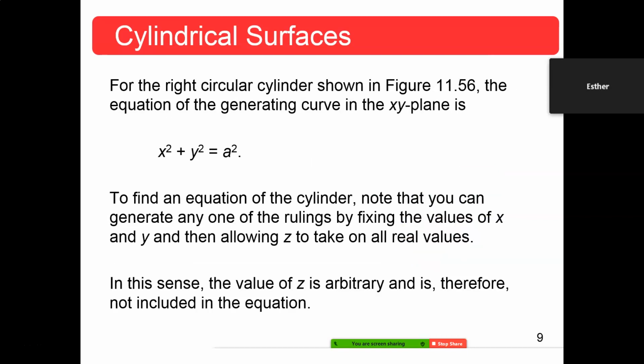For a right circular cylinder, shown back in 1156, the equation of the generating curve was just x squared plus y squared equal to a squared. There, the generating plane, you might say, was the xy plane. The generating curve C